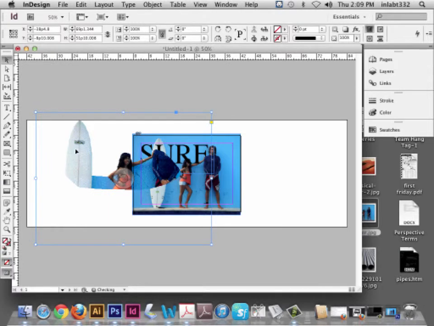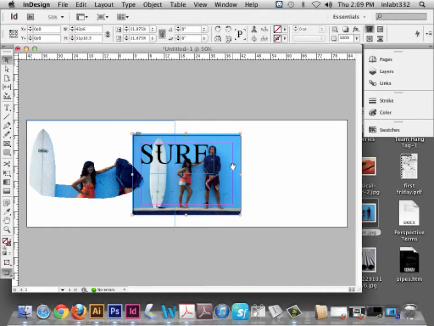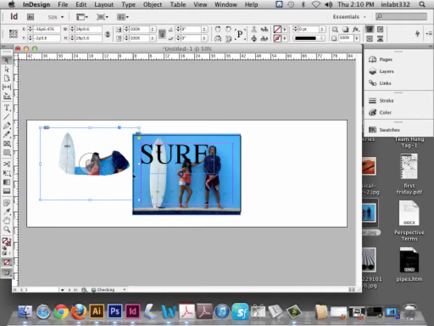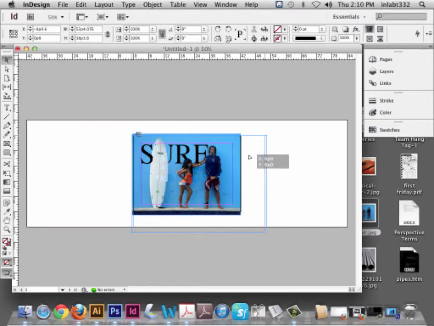And the EPSs always show kind of crunchy looking. What I do is I click on the original image and I look to see what percentage it is. It's 31.875 by 31.875. I have to do the same to this. Okay? Double click on it, 31.875. And the width is 31.875. Okay? So you want them to be exactly the same size as the other image. Okay? And if I place this right on top of this other one, exactly,